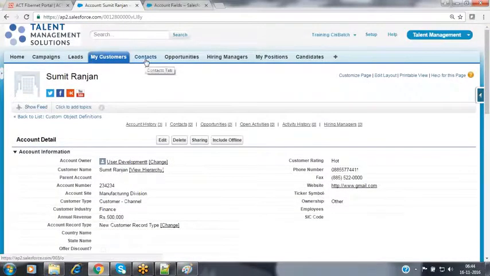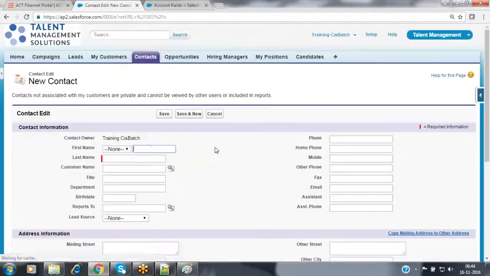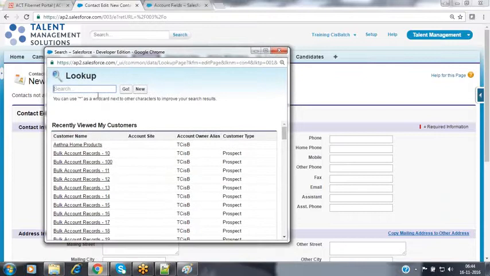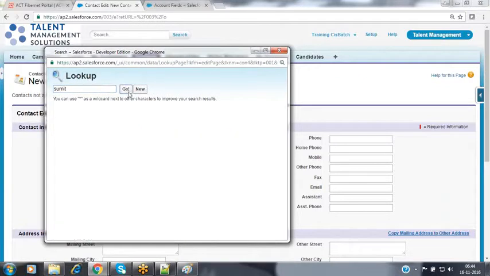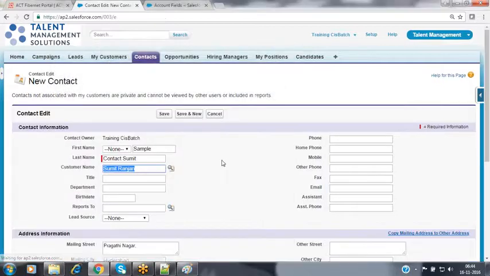I'm creating a new contact record right now. Go to the contacts, click on New. I'm creating a contact record with the name sample contact Sumit. I'm making this contact get associated with the account record, so I'm selecting that account record, Sumit Ranjan.